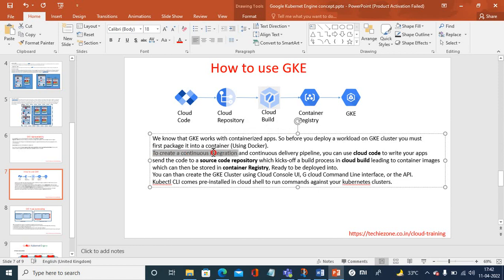So create a continuous integration and continuous delivery, you can say this is a CI/CD pipeline. To create a CI/CD pipeline, you can use Cloud Code to write your apps, which can then be stored in the cloud registry and ready to be deployed into a cloud build. So whatever you have made ready through Cloud Code, you store it in the cloud registry, and then if it's ready to deploy,